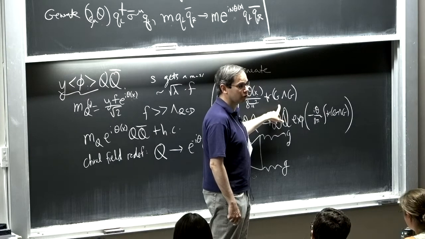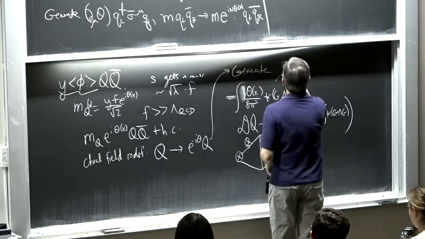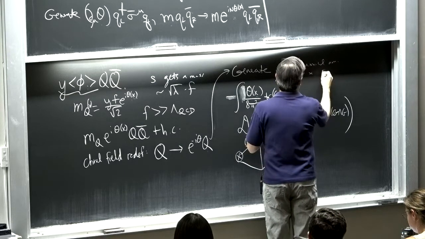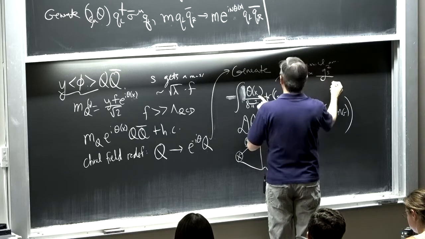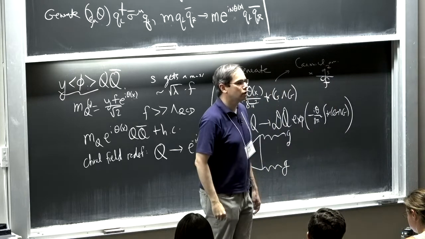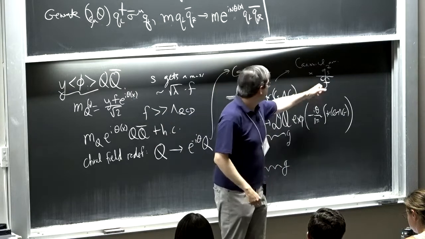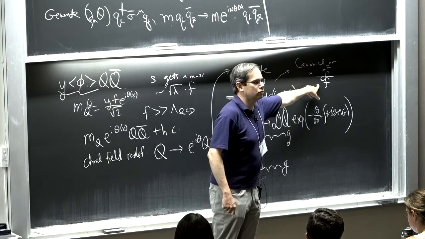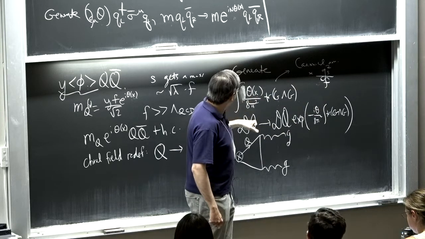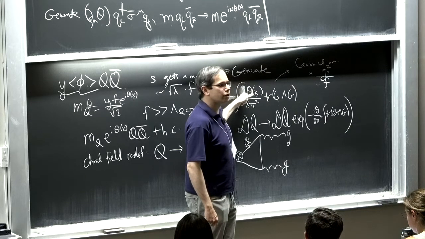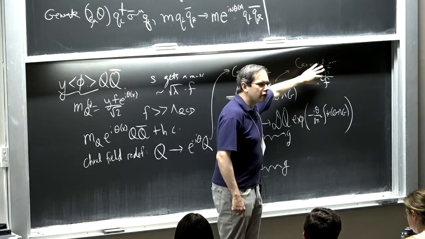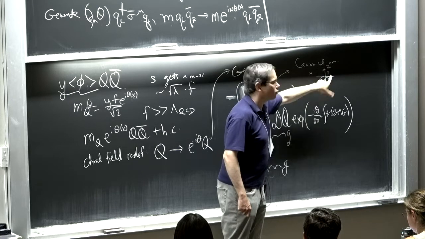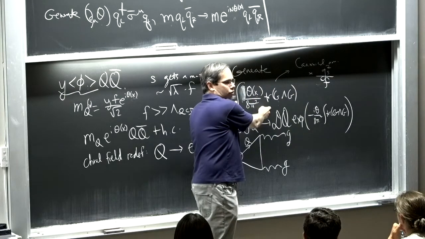But if I want to canonically normalize my fields, canonical normalization multiplies this. When I normalize the gluons, I get a factor of g strong squared. And when I normalize theta, I get a 1 over f. And so as I make these things heavier, I make f bigger. And that makes the canonically normalized coupling here smaller. The reason I like to write it this way is that this shows you it has this topological character that's quantized. These things are running and they have all the messy effects, but if you know how to renormalize the kinetic terms of the gluons and the axion, then you know these things. And so there's no kind of independent renormalization of this term when I write it that way.